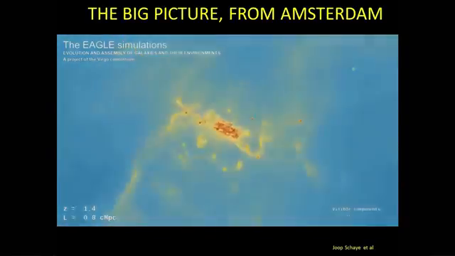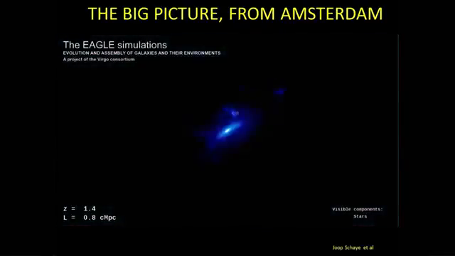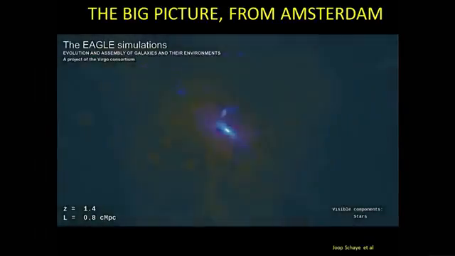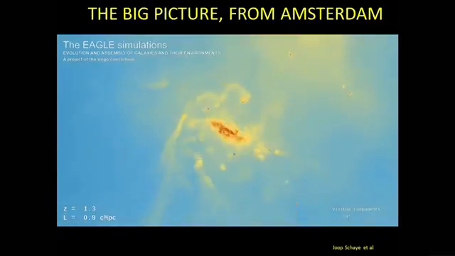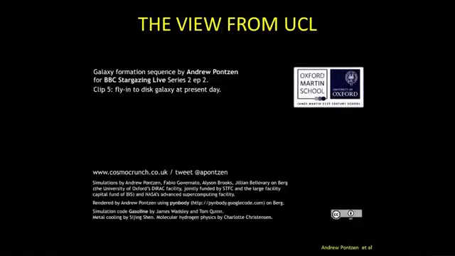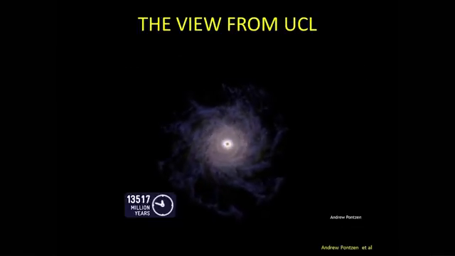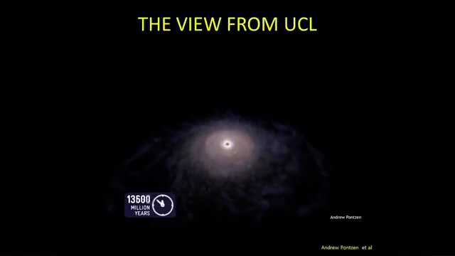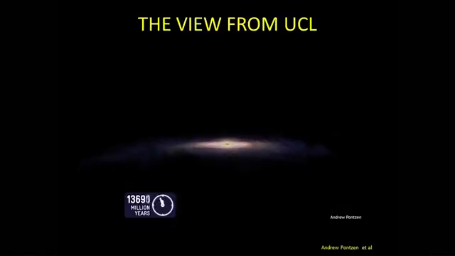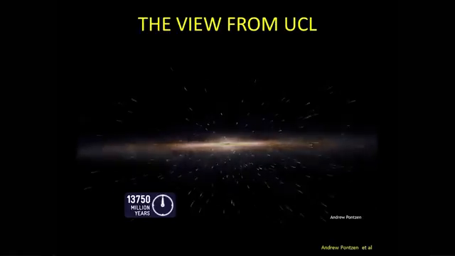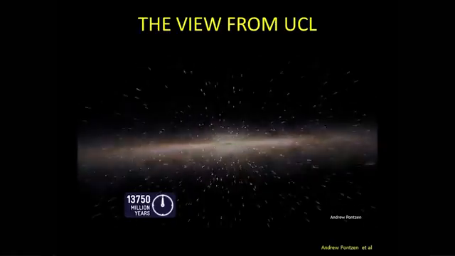And the baryons are sticky clouds. They merge together. The dark matter, a lot of it gets left behind. Okay? And then my final simulation, I want to show you how, let's look at the Milky Way. And this is another view from the UK, from the group at University College London. So this is a beautiful simulation, if we can get it to play. So now we're just focusing in on the Milky Way, and I want you to see how that might have formed. So it's a thin disk, and here you see the spheroidal part forming.